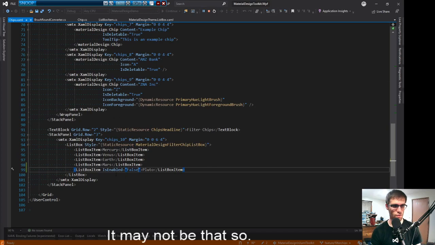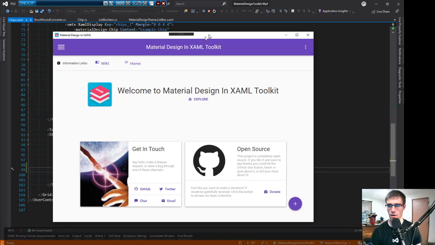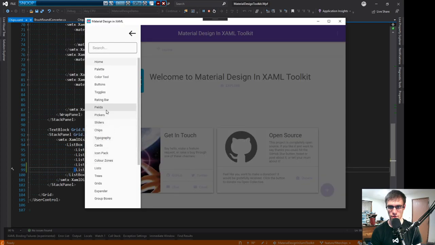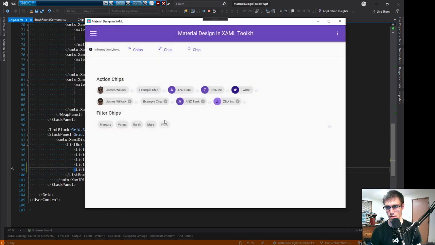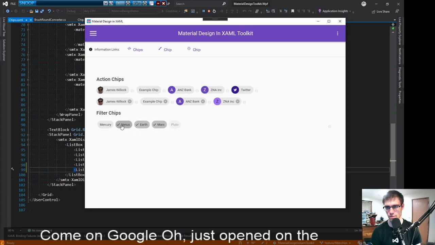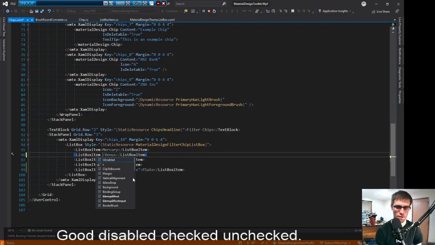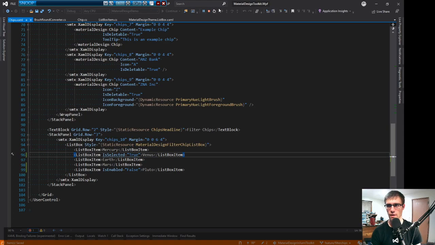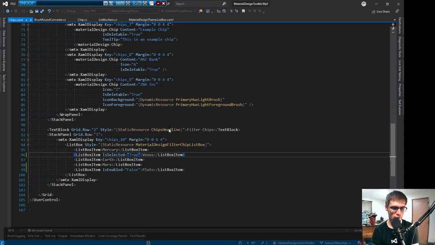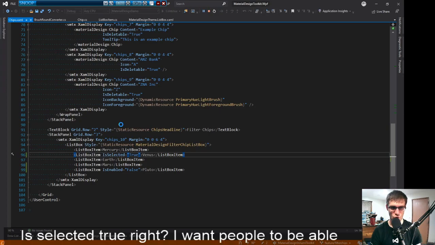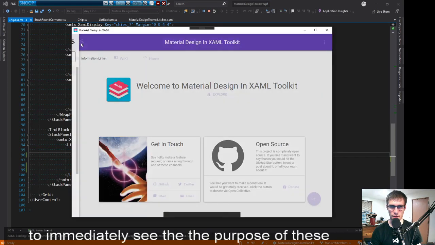Okay. Come on. Go, go. Oh. You just opened on the wrong thing. Okay, so chips, chips, chips, chips. Good. Disabled, checked, unchecked. And actually, let's start one of these as is selected true, right? I want people to be able to immediately see the purpose of these when they hit this page. That you can turn these guys on and off at will, and then you've got an easy,